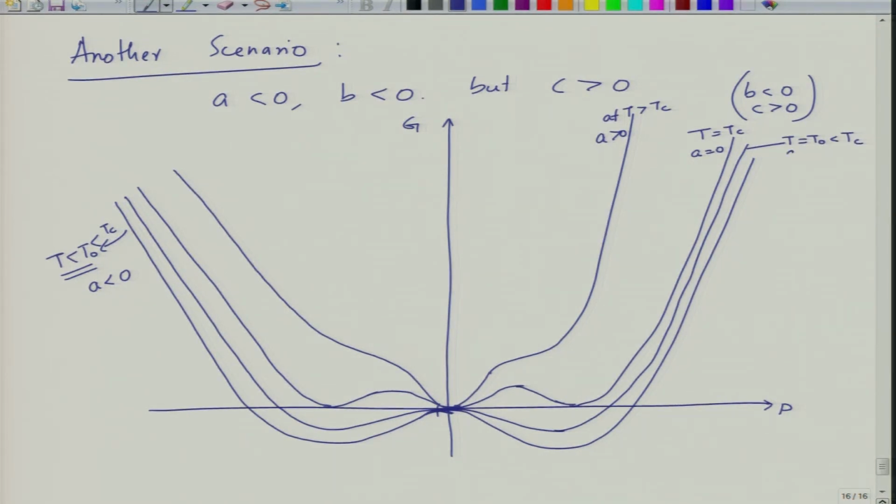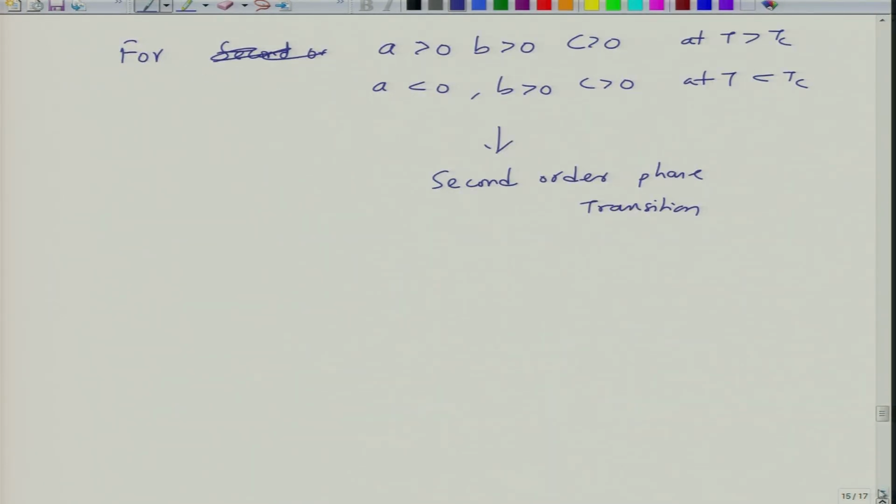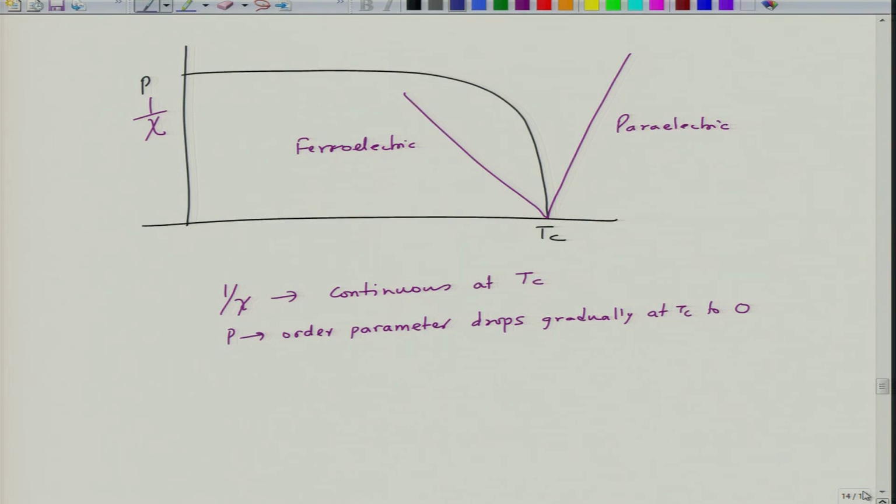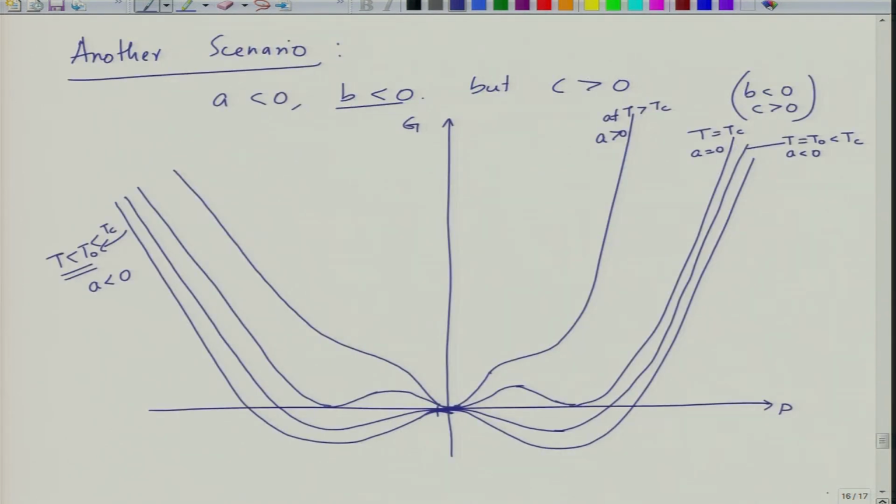At this temperature A is negative. So what we see is that C is basically the quadratic coefficient, B is the quartic coefficient. So, with the coefficient being negative, even if T is greater than T naught, where T naught is a lower temperature than Tc. In the previous case we termed this temperature as Tc, right. Now, consider this Tc as T naught for the present.